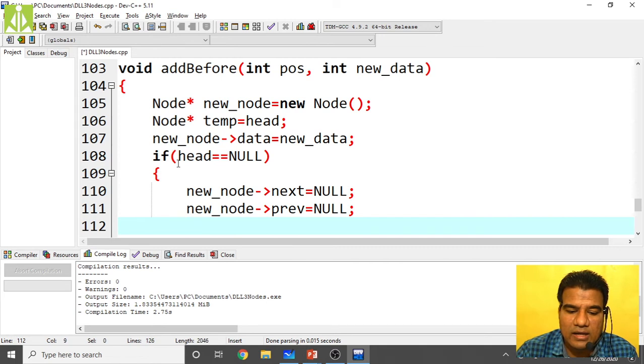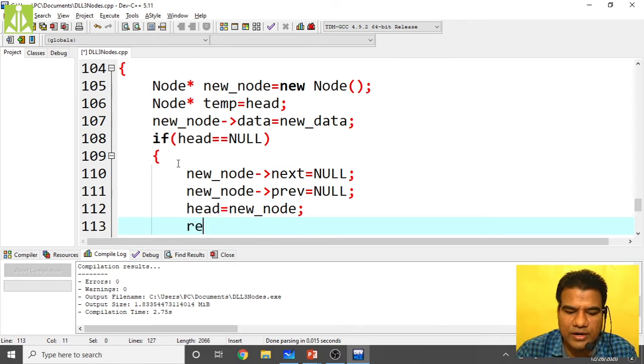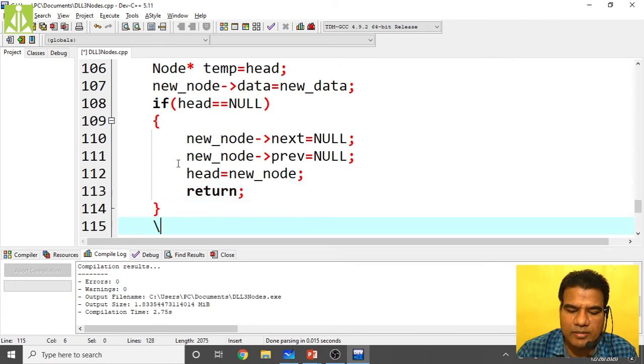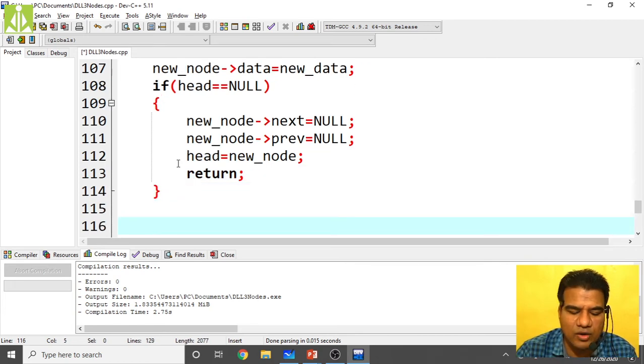And head equals new node, and return. Only do this much and return if your doubly linked list is completely empty.